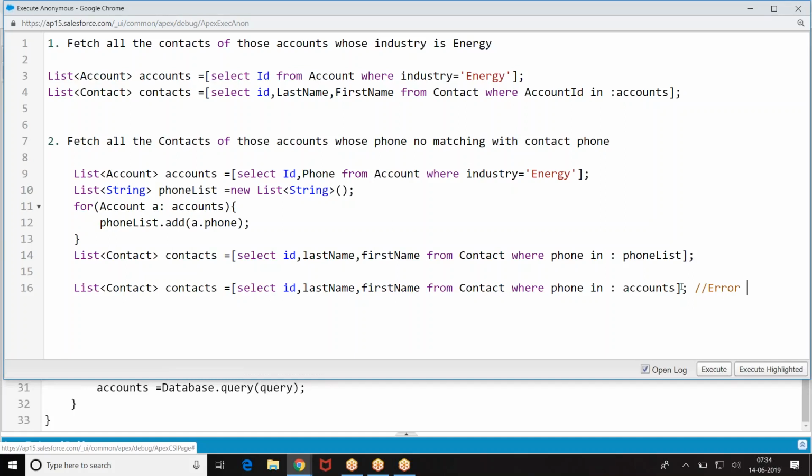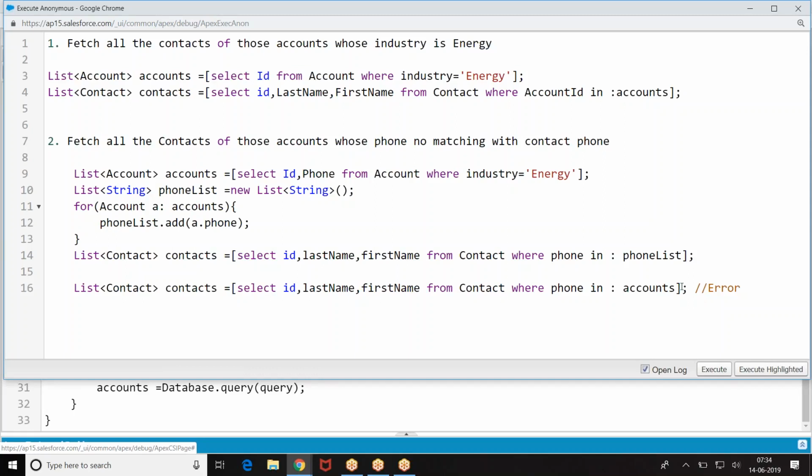It's an error. Why is it an error? I can only compare the ID field with a list of SObject. I cannot compare every field. If you want to compare with a particular field value, create a separate list, put the value of that field in the list and compare with that list of values.